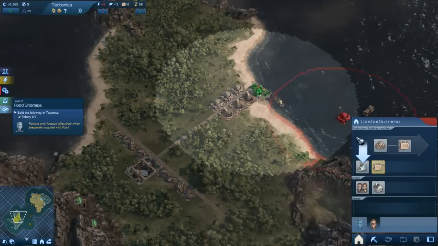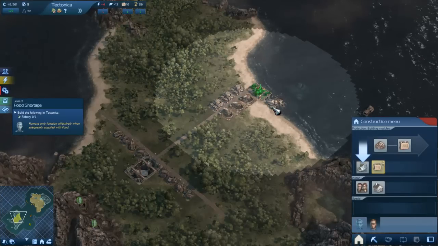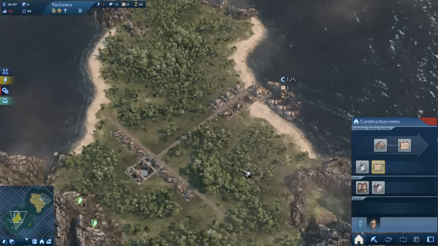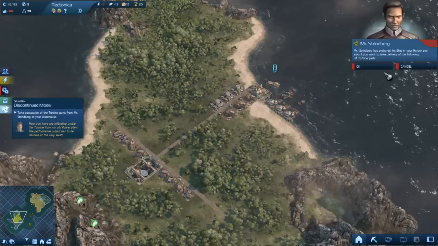Your people need fish because food is one of their supply needs. If people have various needs that need to be satisfied, I will go into more depth about this when we look at a continuous game. I hope this quest...